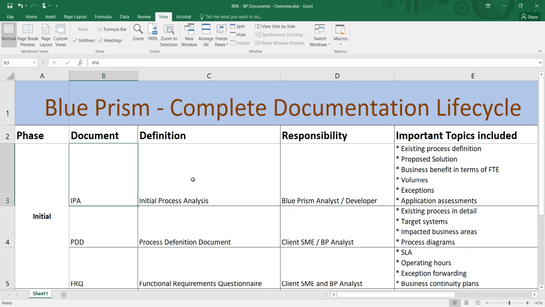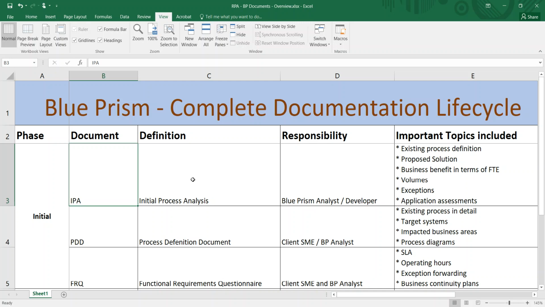We will start with the initial phase. When a process is ready to be automated, we are going to create an IPA document, which is the initial process analysis. We will analyze the manual process first, and then we will create those documents. This document will be created by either a Blue Prism analyst or a developer. If an analyst is not available, then the developer should take the responsibility. This document includes the existing process definition, the proposed solution, and the FTE benefit of that process.